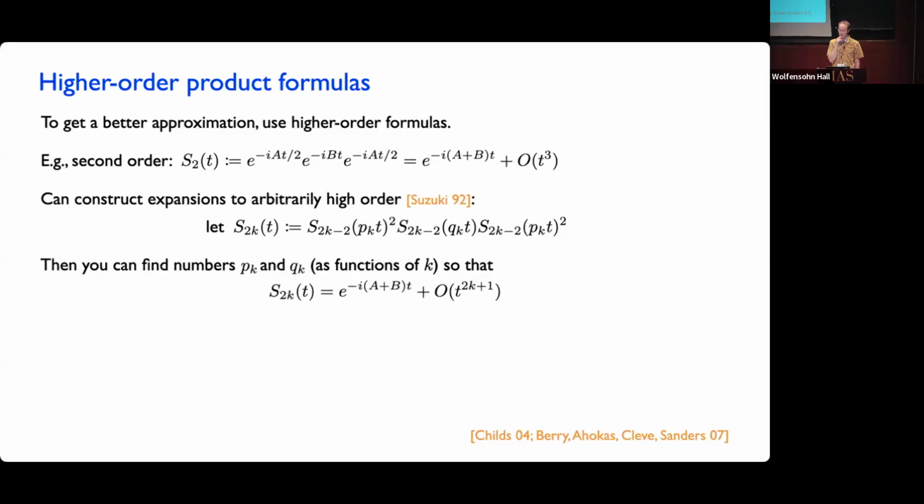Yes, that is indeed what you can do. Yeah, right. So here when I write plus big O of something, I really mean that this is shorthand for the spectral norm of this thing minus this thing is big O of this. And in fact, you can even give explicit constants, powers of the dimensionality. You can give bounds that will have explicit constants and will take into account any sort of dimension-dependent factors.